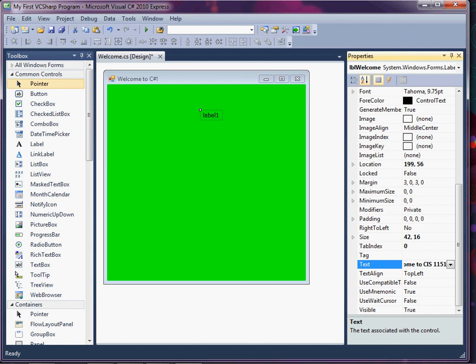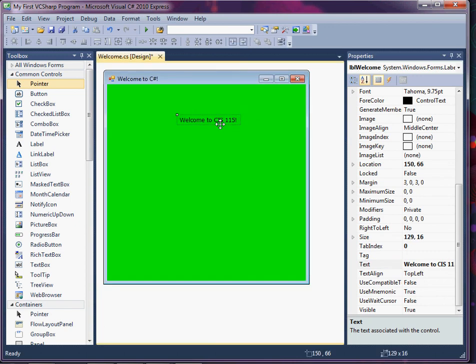And remember, it can be whatever you want. And if you click enter, hit enter, notice now it says welcome to CIS 115 up here. Awesome. Okay. And I'm going to move this over a little bit. As a matter of fact, well, alright, that looks pretty centered, right? Okay. And it may be, but if I want to make sure that it's centered,